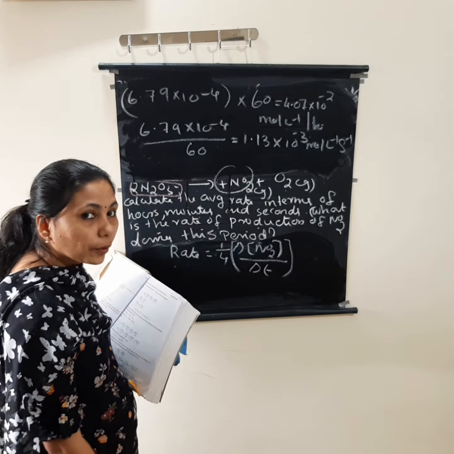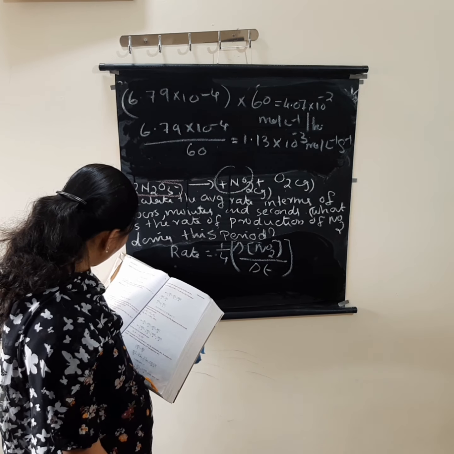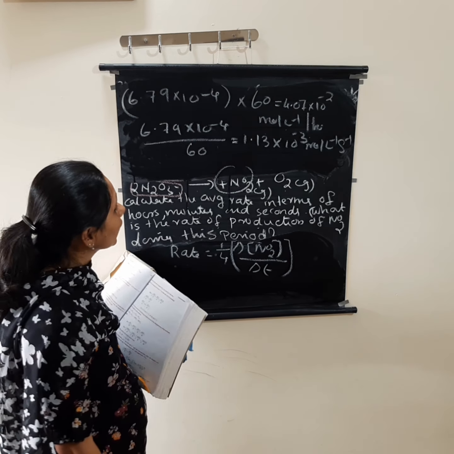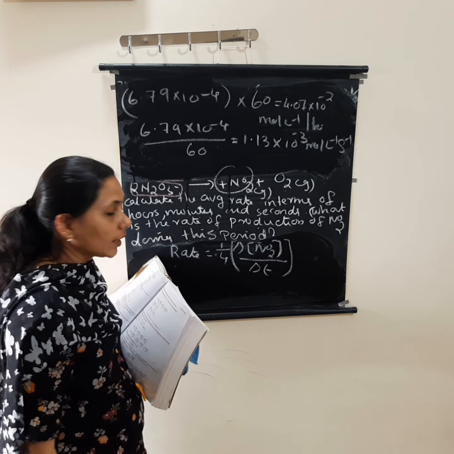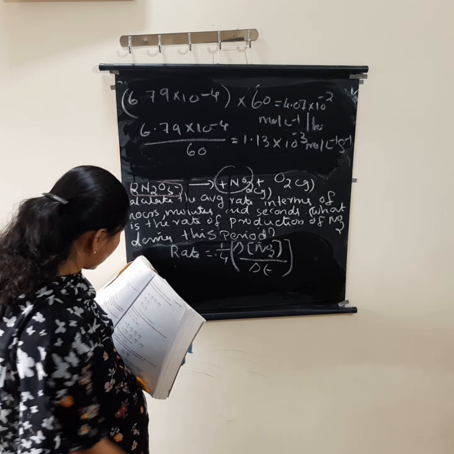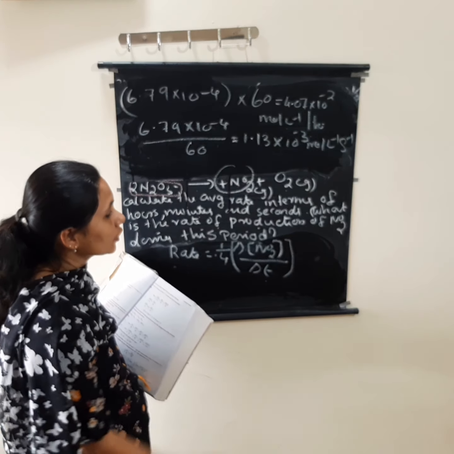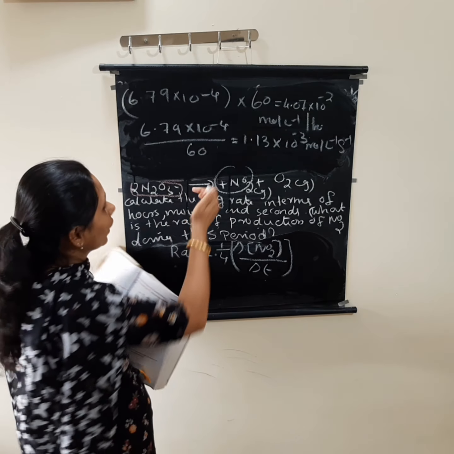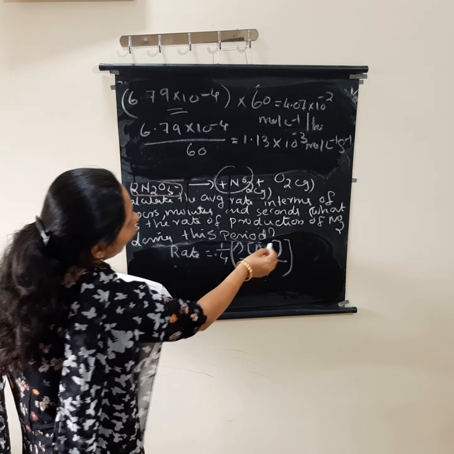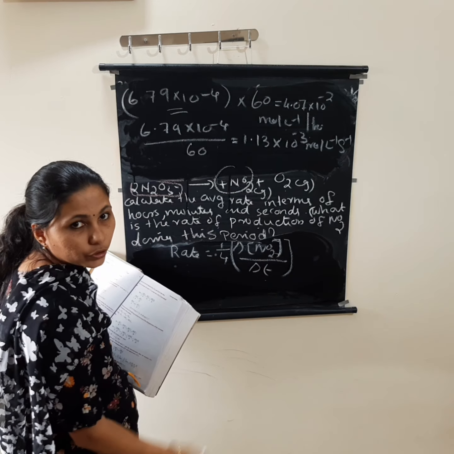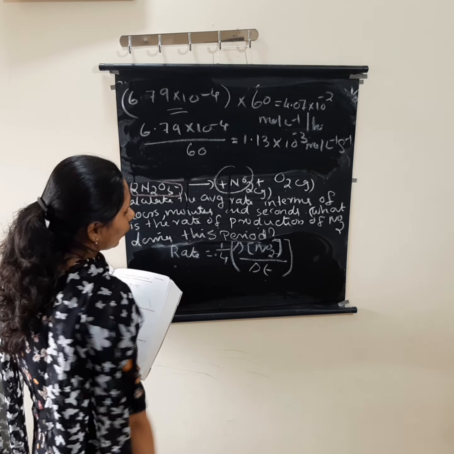Rate of production of what? NO2 during this period. How do we find it out? We know the rate, we already found it. Already we calculated it, and we have to find out delta NO2 divided by delta T, because the rate is already calculated. Here 6.79 is there, in minutes. We have to know how much NO2 is produced during this time, that is, we have to find out the concentration. So how will we find it?